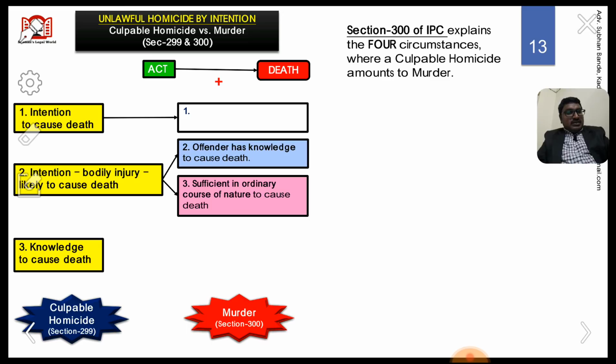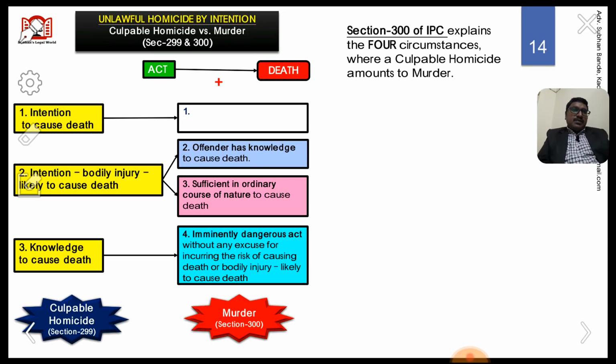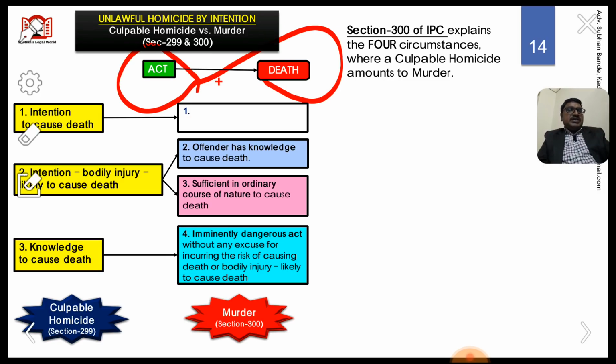Let us see the fourth form. The fourth form of murder: the accused must do an act that must result in the death of another human being. At the time of doing such act, the accused has the knowledge to cause the death of another person,